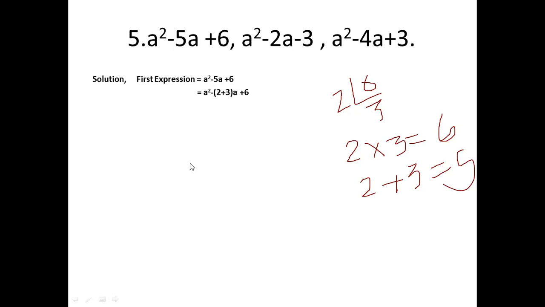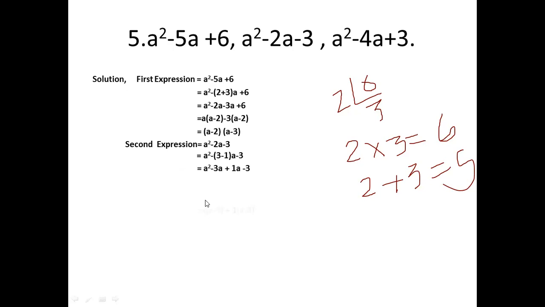And similarly, look here, next one. Open the bracket, minus plus minus. If you take common a minus 2, minus 3 is left, then a minus 2. Taking common, a minus 3 remains in the bracket. The second expression also has middle term break. 1 into 3 is 3, 3 minus 1 is 2. Remove the bracket, minus plus minus, then there are 4 terms. Then a minus 3 common, a plus 1 remains.